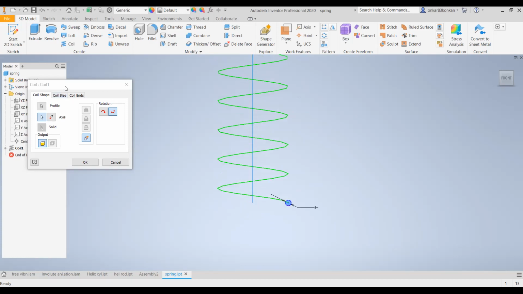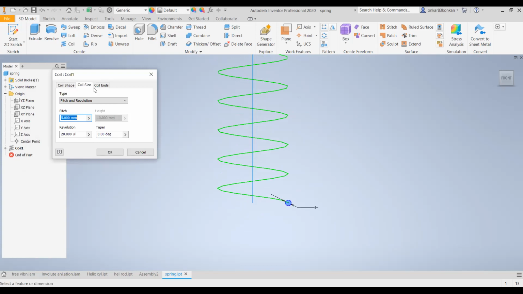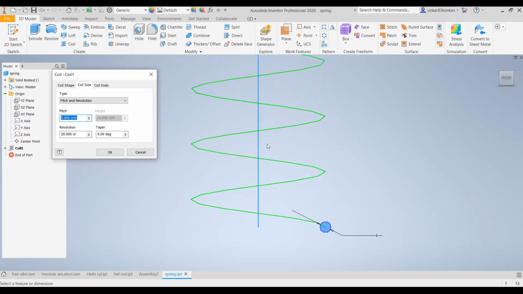Here you can observe some coil size is given. In the coil size, there is one parameter called the pitch. If you change this, then you can observe the change in this diagram.